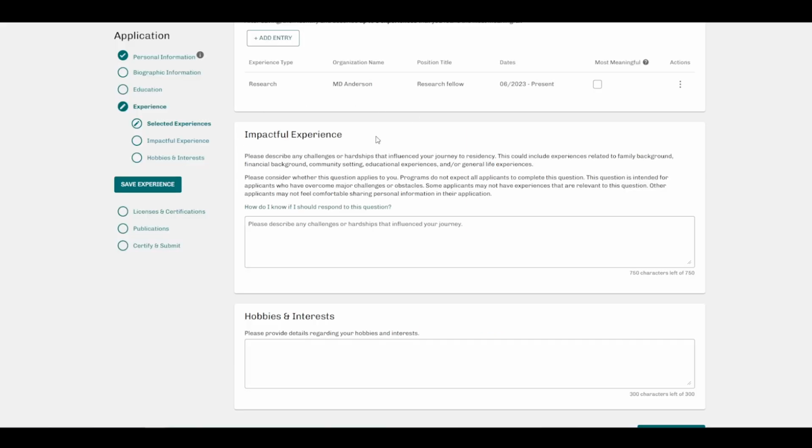Now let's move on to the impactful experience. This is another section that was part of the supplemental ERAS, and then it got added to the main ERAS when the supplemental ERAS was removed. And I think this is a very important section. And it's important for program directors to understand the challenges that applicants went through, because not everyone's journey to medicine